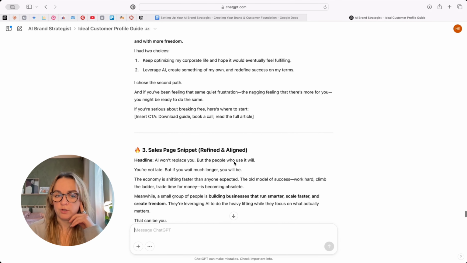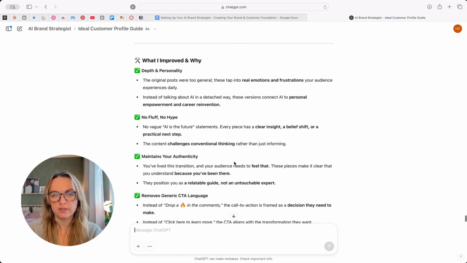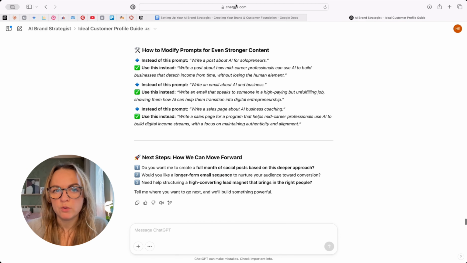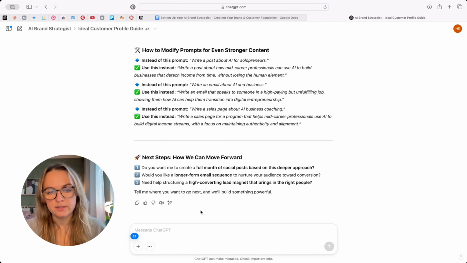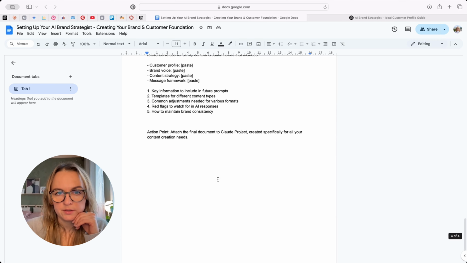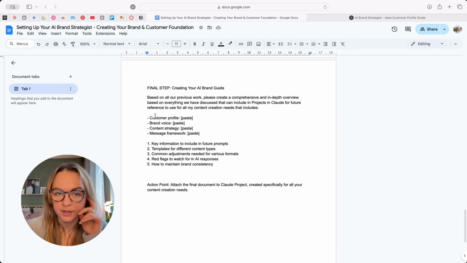And it's much more aligned with what we've discussed in the previous conversation, right? So I steered it back on track. I felt like it was going off track, which it can do sometimes, and then you steer it back through feedback. Okay, so I am happy with that. I'm just going to let it know I'm happy with this version, so it registers that. Because right now we will go ahead and create our brand guide.